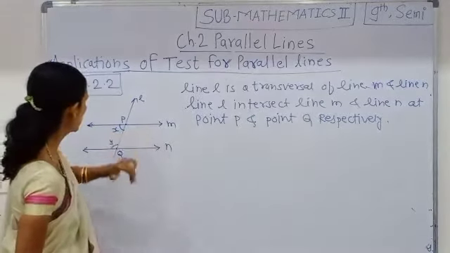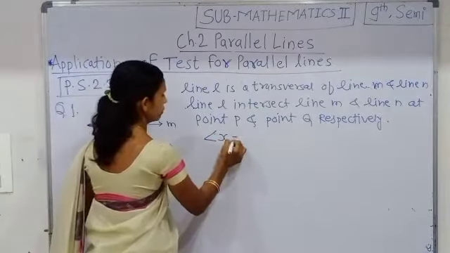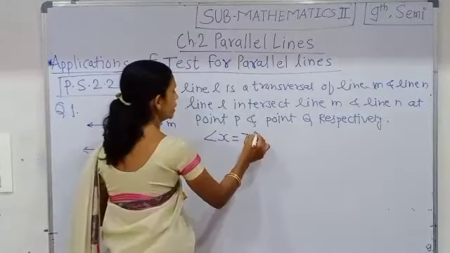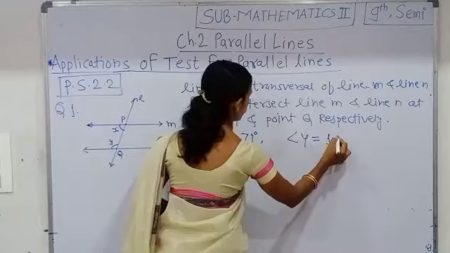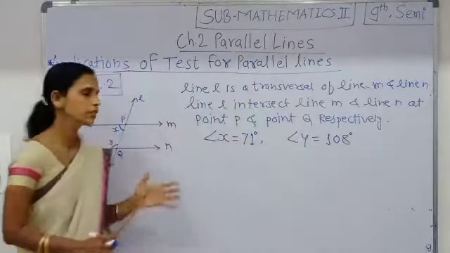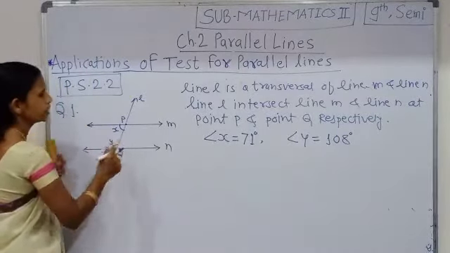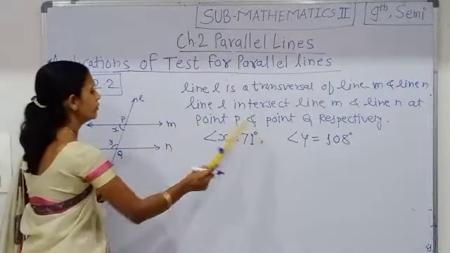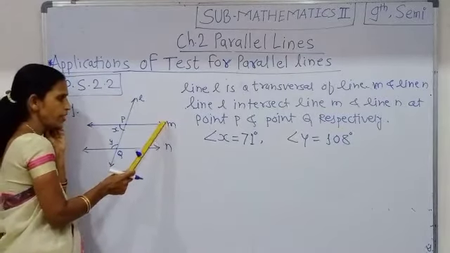Angle X is given as 71 degrees, and angle Y is given as 108 degrees. Then we have to determine whether line M and line N are